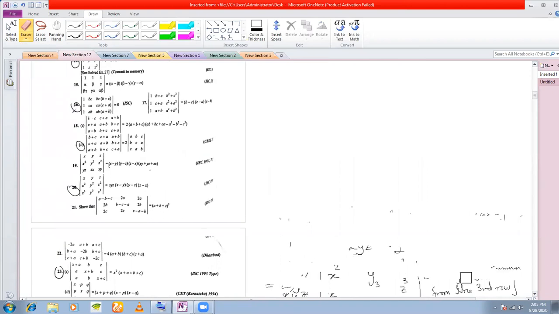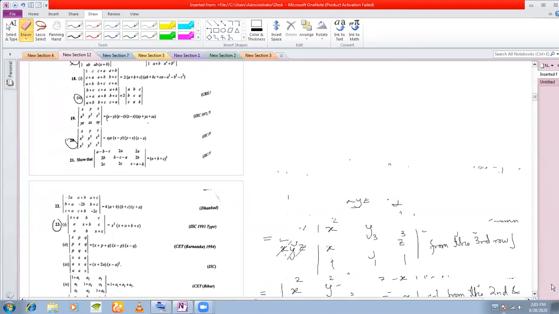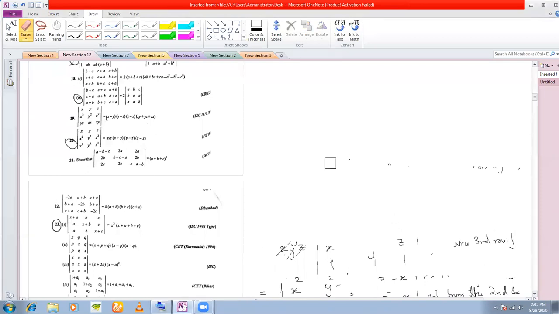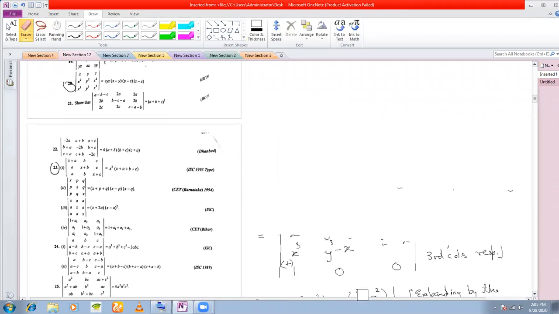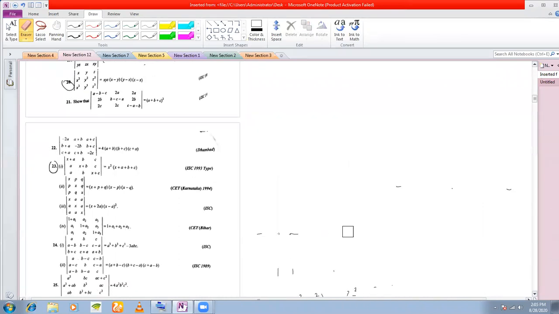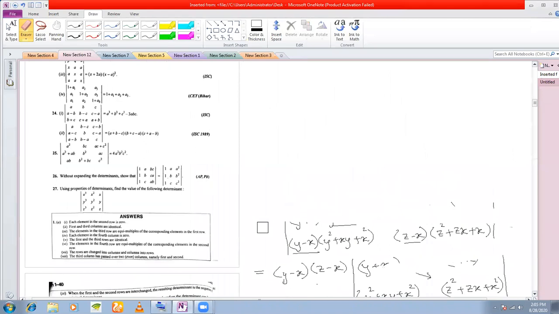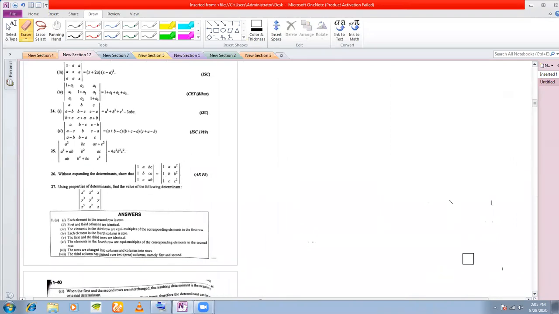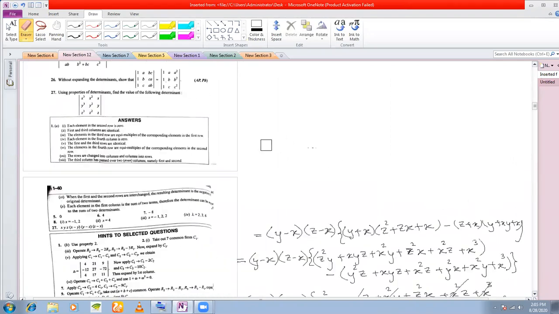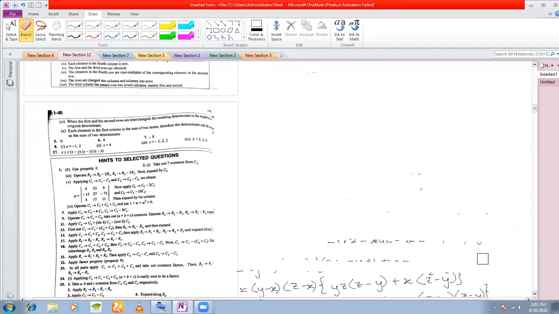Now 20, no? 20 is also an IC problem. 20 can you do on your own? Yes, sir. We will show it to you. Can you tell me what is the first step to 20? Sir, the first step is we will add what is missing, like in the first lessons which we have done.